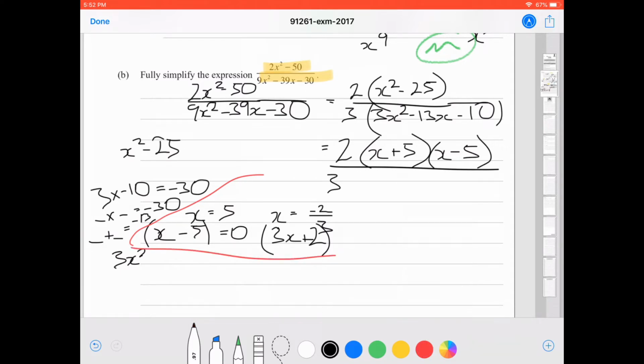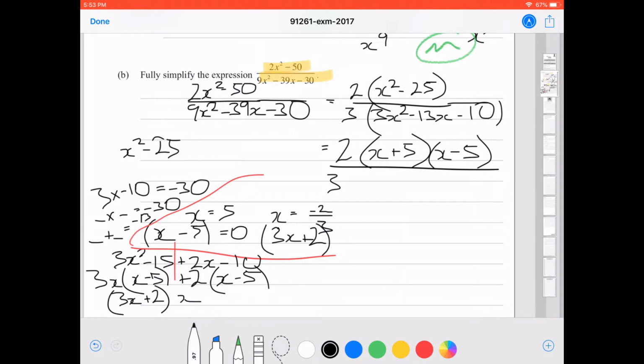and we split the B term up, so minus 15x plus 2x and minus 10. Halve our expression, factorize the left hand side, so 3x and then x minus 5 inside the brackets, and plus 2 and x minus 5. You know you're on the right track when those two sets of brackets are the same, and so we can say 3x plus 2 times x minus 5 is a bracket,